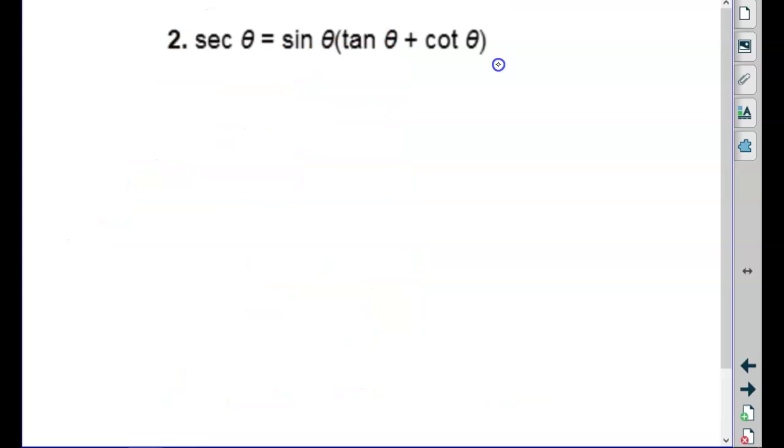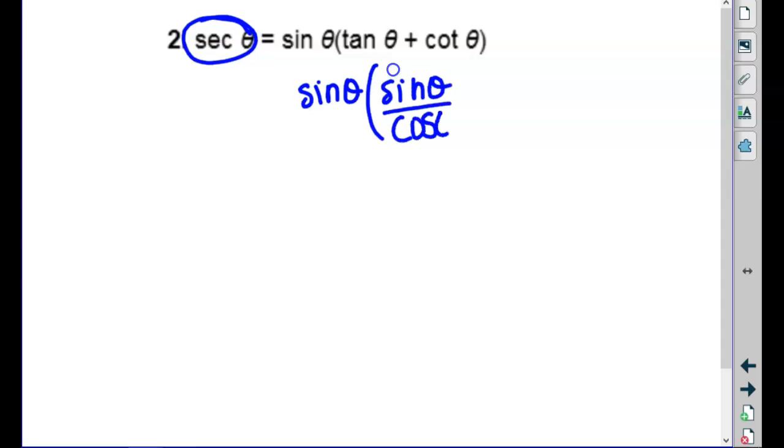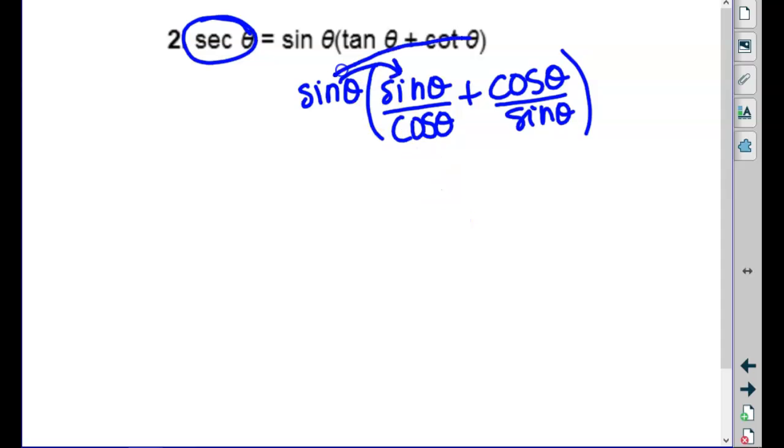All right, we're gonna try number 2. Which side do you wanna try this time? Yeah, I would probably try the right-hand side and make it simplify down. We're trying to get it to simplify to just secant. So we have the sine of theta. Want to go with sines and cosines? Tangent would be sine over cosine. Cotangent would be cosine over sine. If I distribute this, what happens? I get a sine squared over cosine